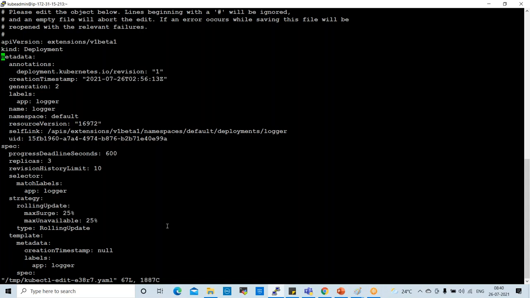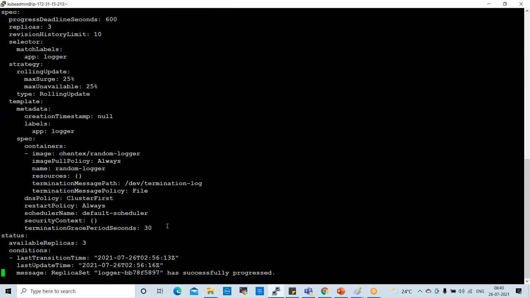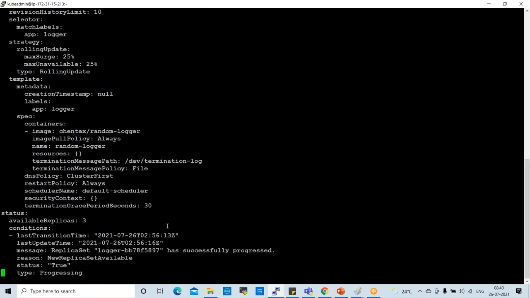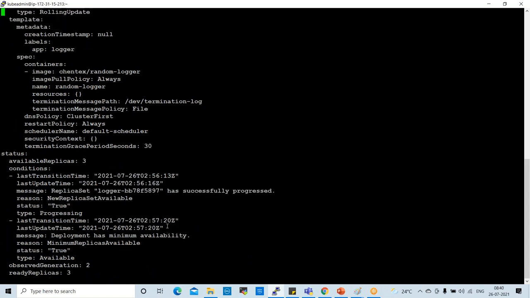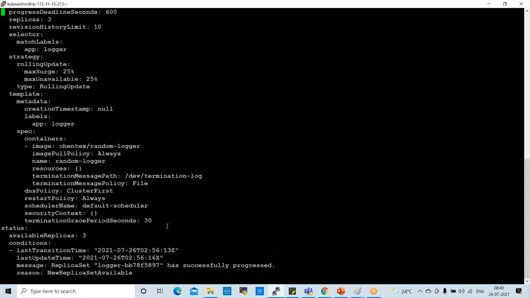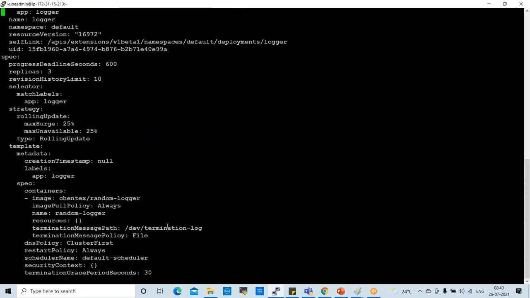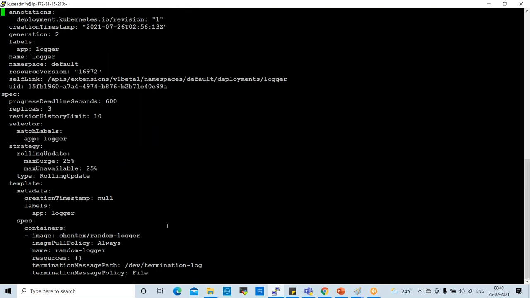Now let me corrupt this deployment and troubleshoot again. Under spec, the image: we can change the image name. See here, this is the image.